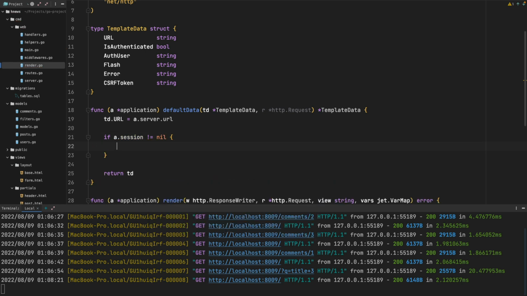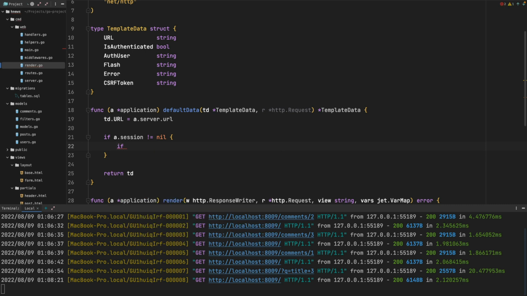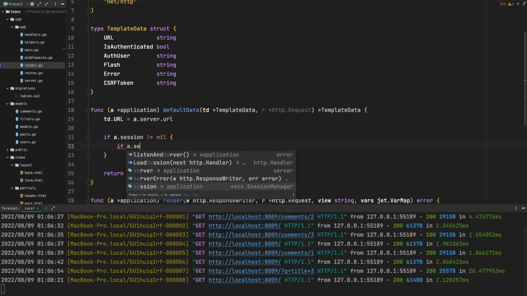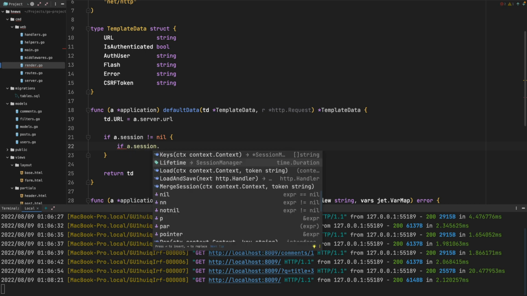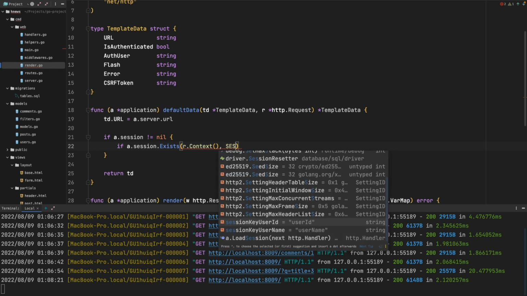I want to set some data. I would say if we have user ID in session, so session dot exists. Let me grab context from request. That's exactly why we are bringing in the request here. Let's grab the context and say session